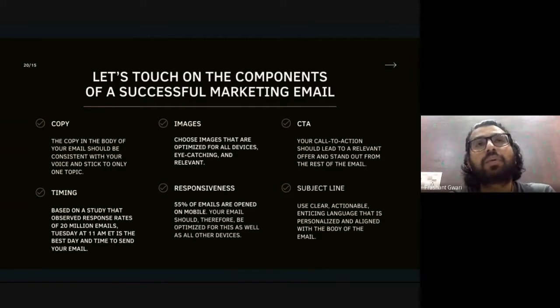To make it better, you can add your offer or anything you're providing to your customer in the subject line. You can make it intriguing and enticing so they click on it, and always give them a clear message on your subject line: what is this mail all about? So those are the 6 points of your email marketing format.